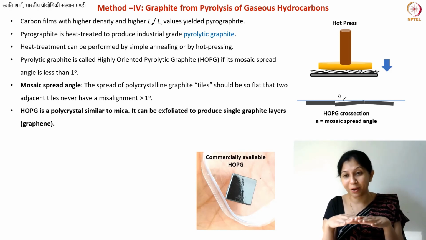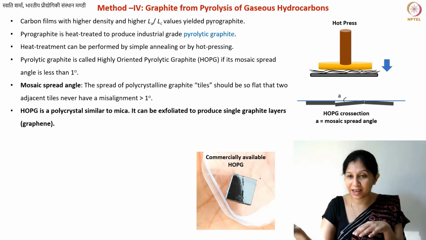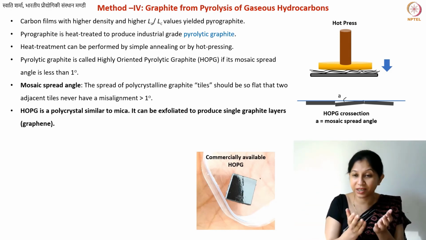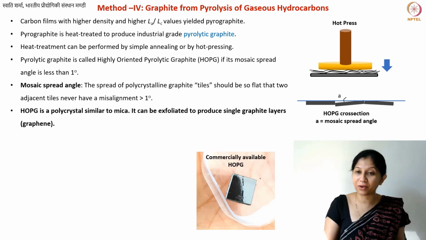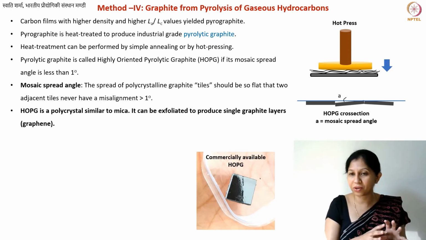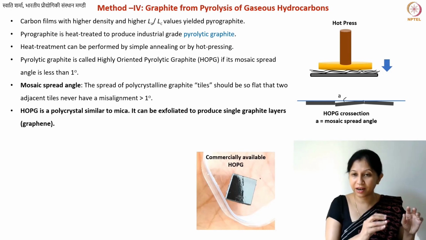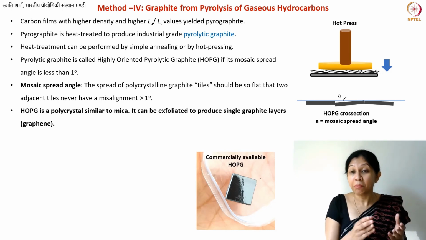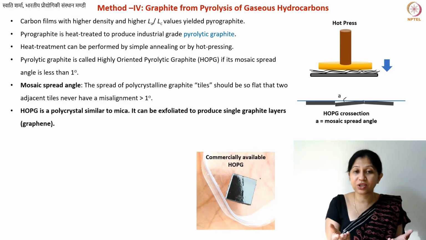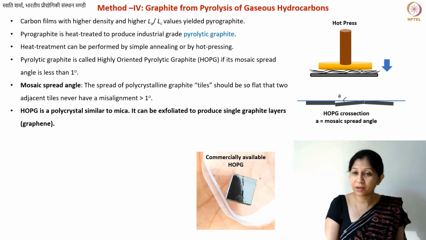Now what people also do is they remove one layer of this HOPG crystal to get a single layer of graphene. So a single layer of graphene was otherwise very difficult from the CVD, the raw material. There it's more difficult. Of course, there are methods, we'll talk about them, that you can also get single layer or bilayer graphene from there, but a much easier method is to just purchase an HOPG sample